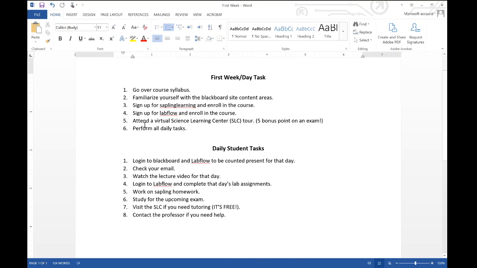So the SLC, this bullet point 5 here. Again, the SLC is virtual. It's an actual room when you go to the building. But for here, it'll be just an online tutoring service for you. So the people that work there are well qualified. That's their main job. Most of them are full time, at least one or two of them are. But that's their job, is to help you guys with any kind of questions.